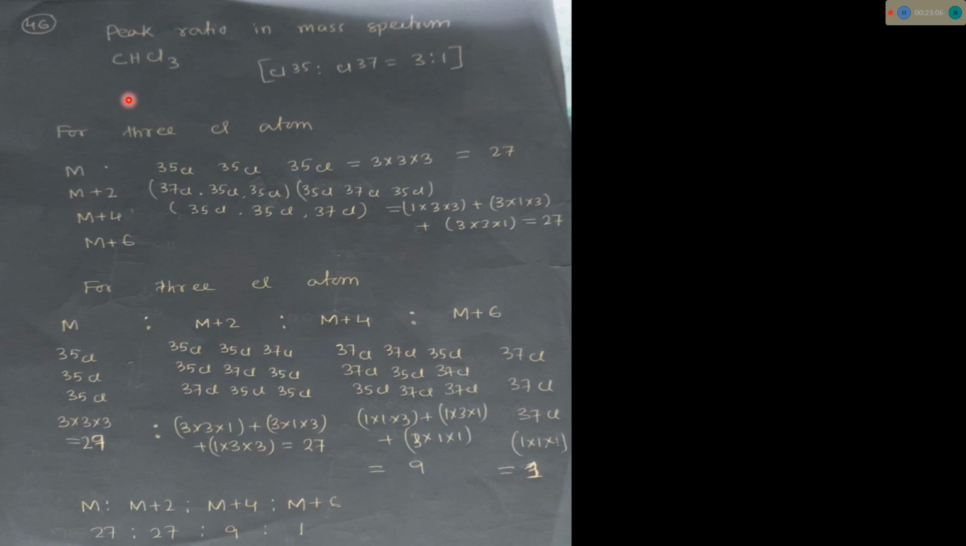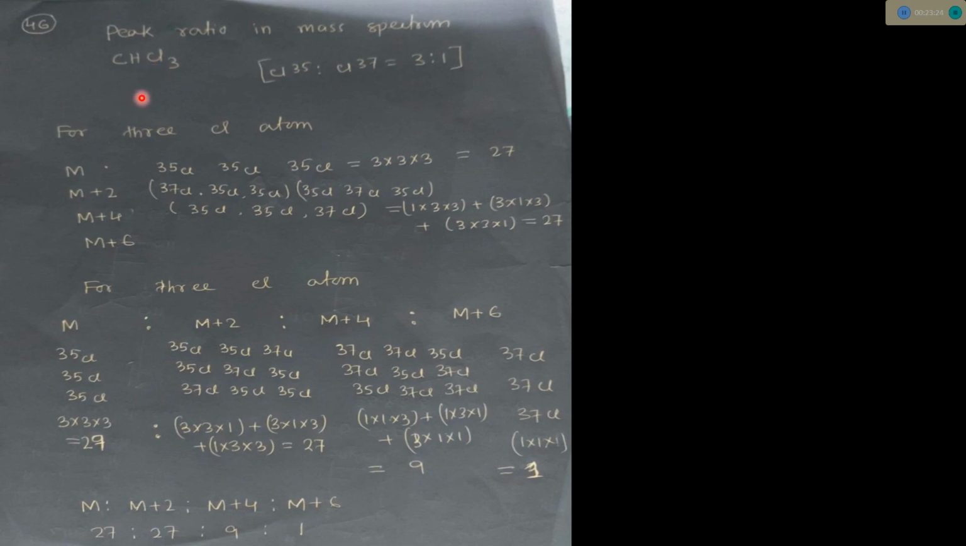So, peak ratio in mass spectrum. Chloroform was given, so CCl3. The peak ratio of the mass spectrum: Cl35 to Cl37 is 3:1. This data was given. So what will be the peak ratio? We already know that